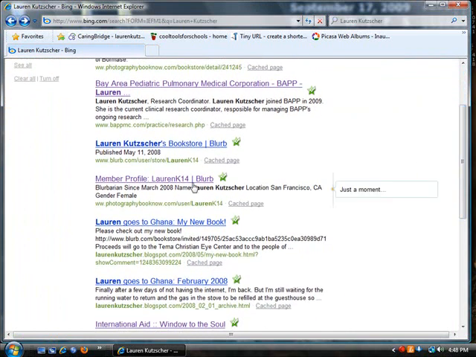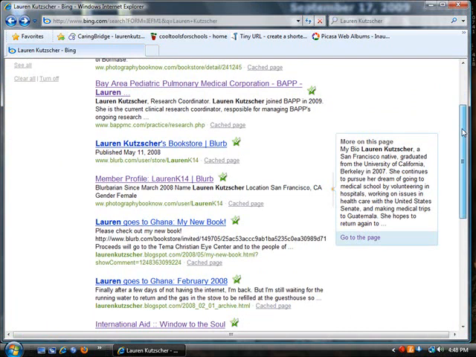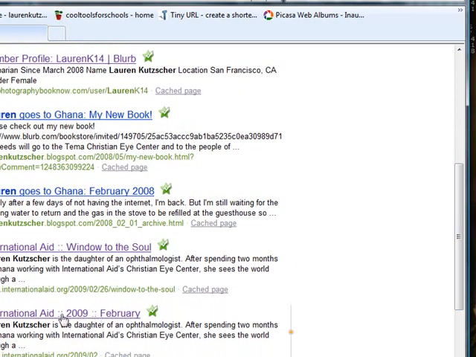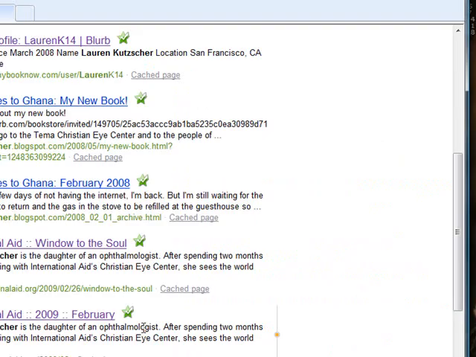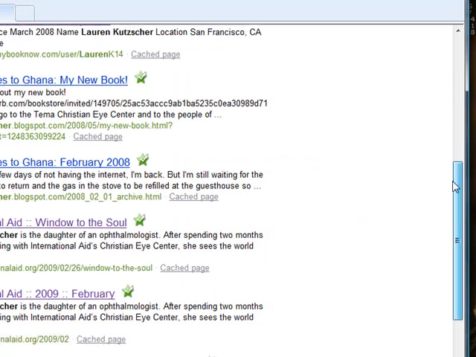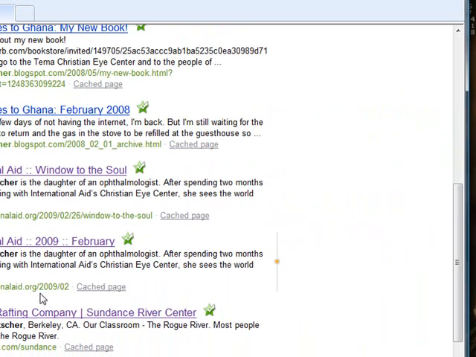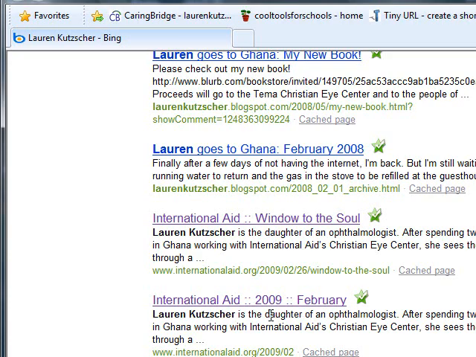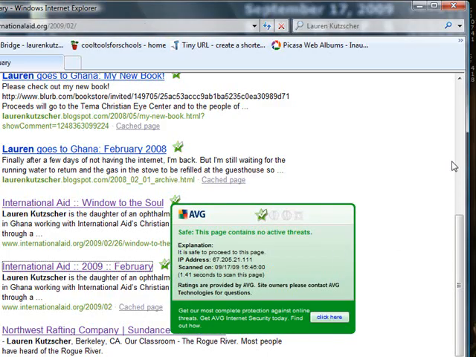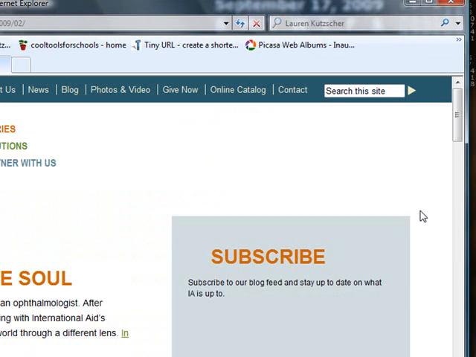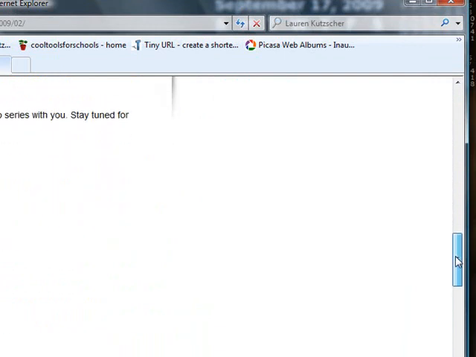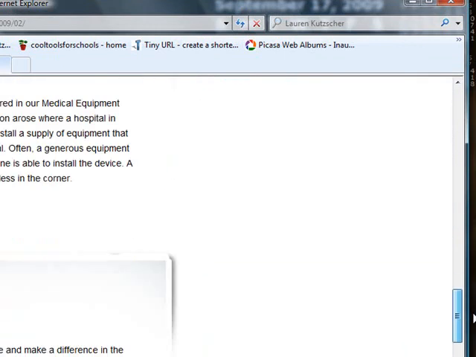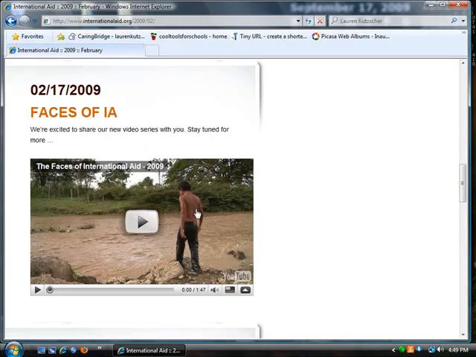So now let's go back, and here is more information about her book. And here is information about international aid. Lauren is the daughter of an ophthalmologist, and she got involved with the Christian Eye Center. We can just look at that for one minute and see what that's all about. I wish I had a higher speed internet connection, but this might work all right. For example, if we wanted to see